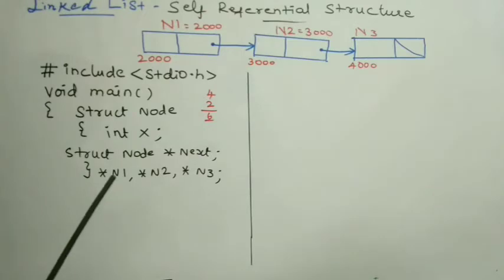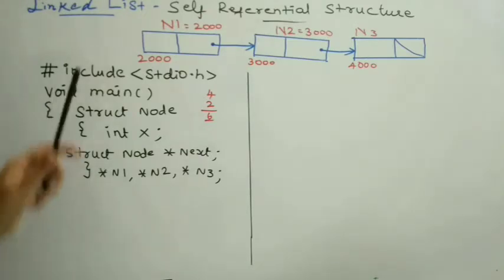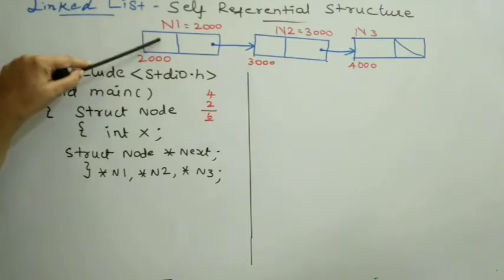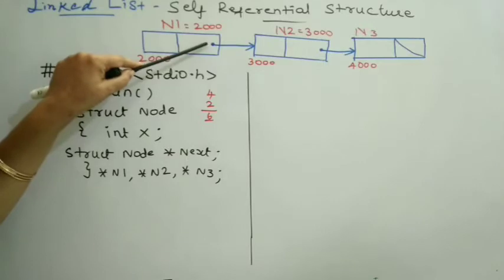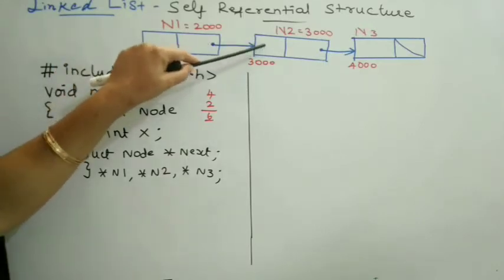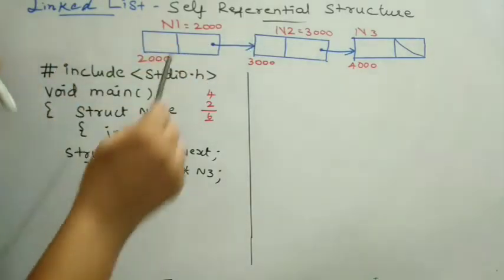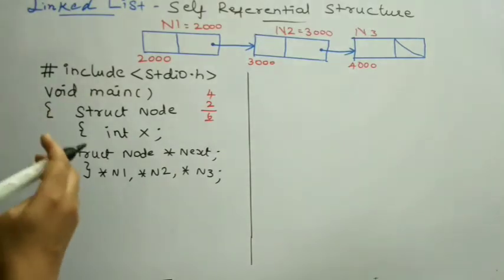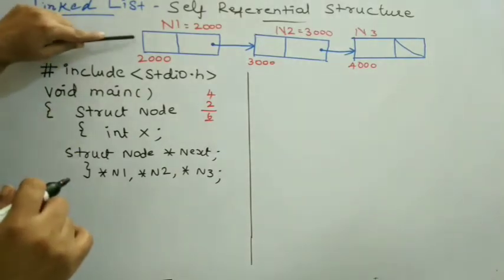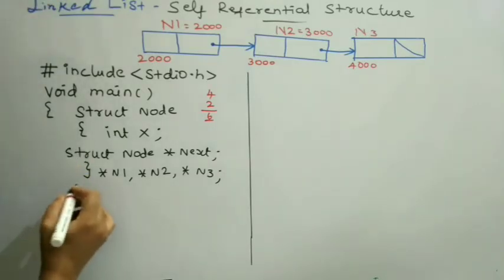Then I need to create my linked list. I need to assign a value for the first node, and its pointer variable will be pointing to the starting memory address of node 2, the subsequent node. How to create my linked list? I need to create my node 1 first. How to create it?